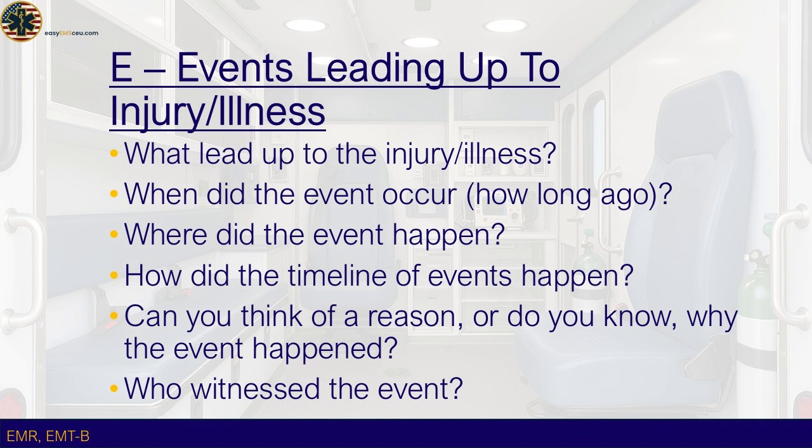If the event is a little more complicated than "the patient fell," what led up to that? Did the patient trip over their dog, slip on a rug, fall and strike their head on a side table, for instance? Can you think of a reason, or do you know why the event happened? It may be appropriate to ask the patient this question if they are oriented enough and capable of being an accurate and trusted historian. It may be more appropriate to ask a family member, caregiver, or bystander